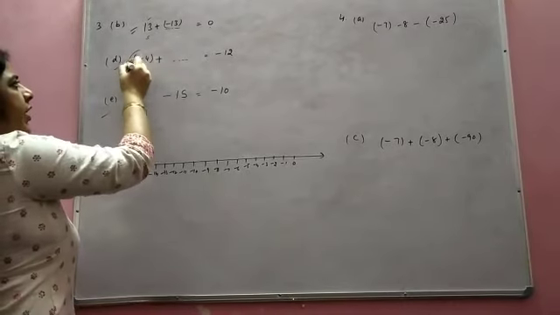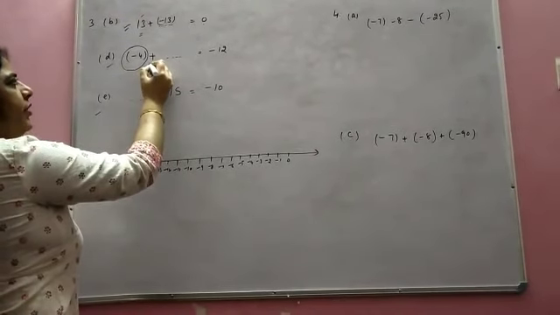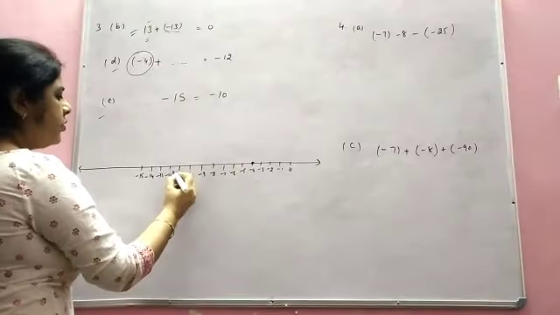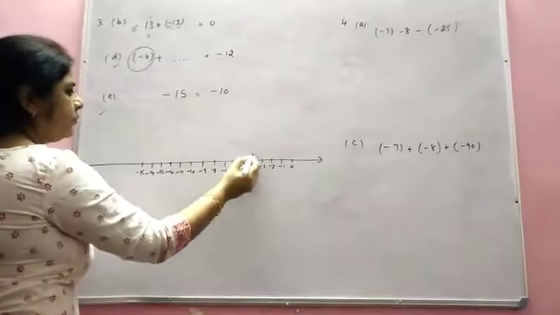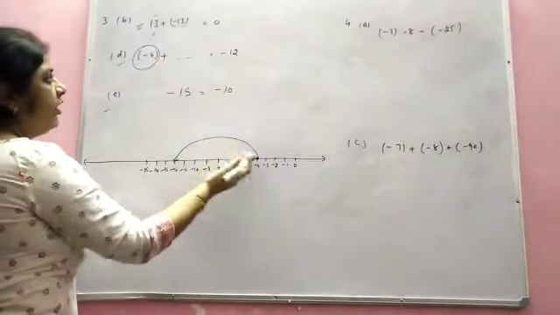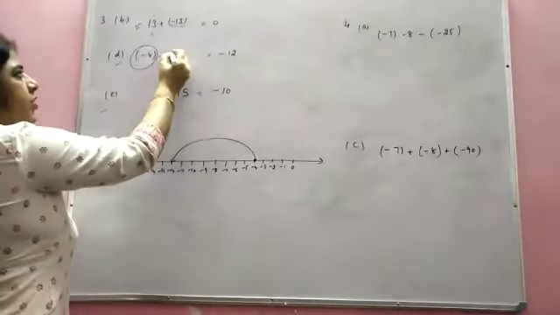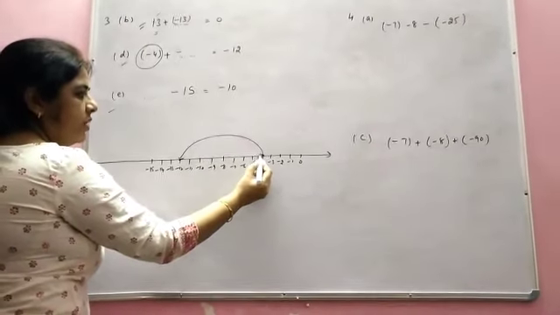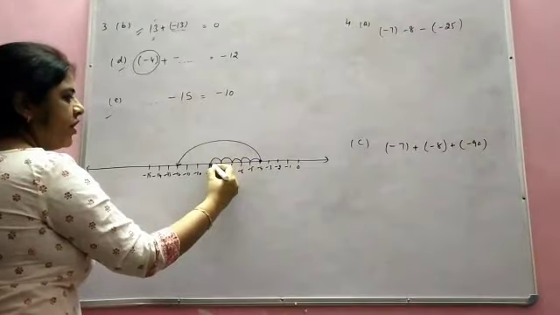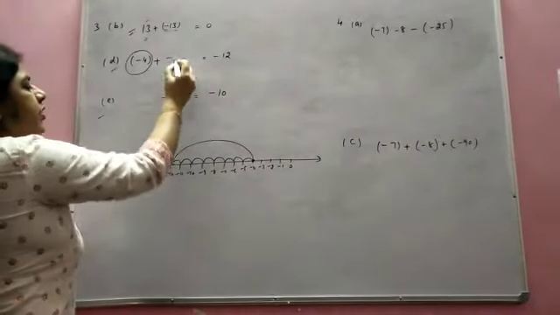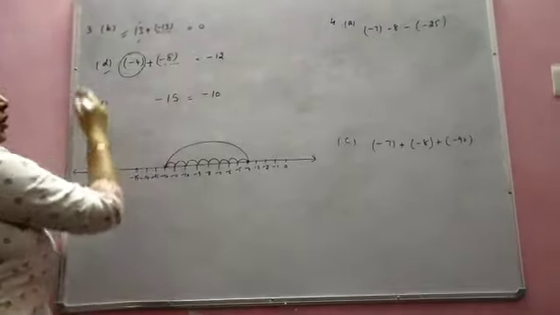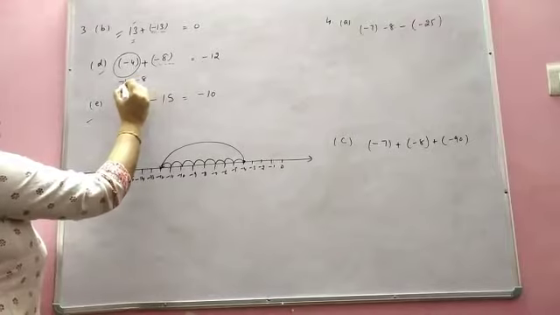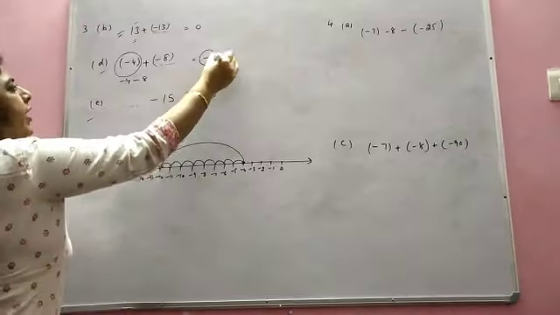Now if we are here with minus 4, what should we add to this to get minus 12? See, minus 4 is there and we want to reach minus 12. The answer is minus 12. We are going to the left direction. So what will we put here? Minus, for the left direction. How many steps are we moving? 1, 2, 3, 4, 5, 6, 7, 8. So what will this be here? Minus 8. Now you can see minus 4 plus minus becomes minus. So minus 4 minus 8 becomes minus 12.